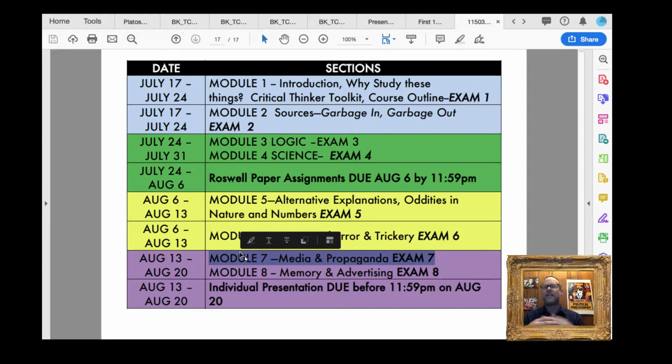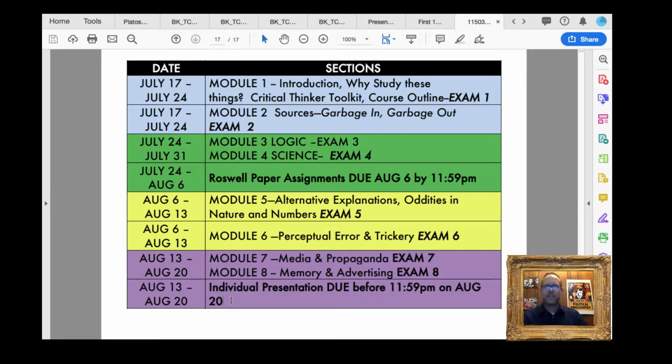It's not a massive module, but it's one that we should do. But if we're having a lot of trouble as we leave module 6, then I reserve the right to drop it out. We'll probably do it, but I'm just letting you know. What does it mean in terms of your grade? Doesn't really mean much. It means you take one less quiz, and it's not a big deal. So, okay. And then lastly, your presentations will be due.